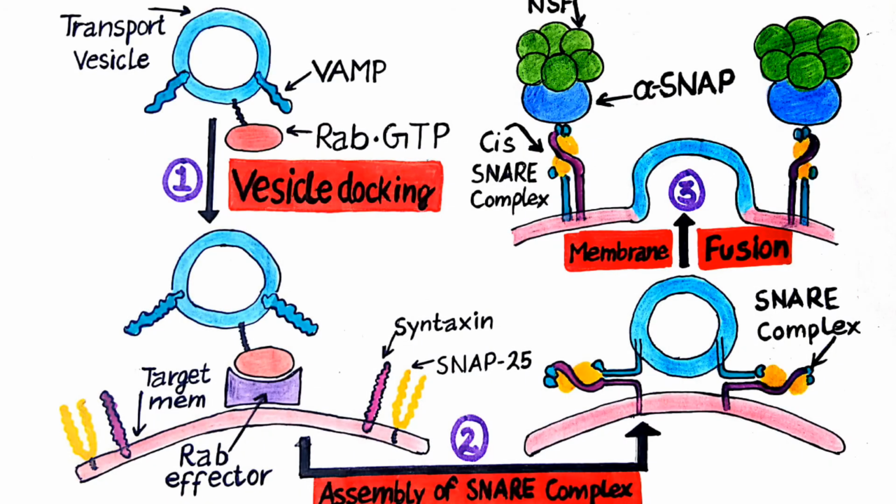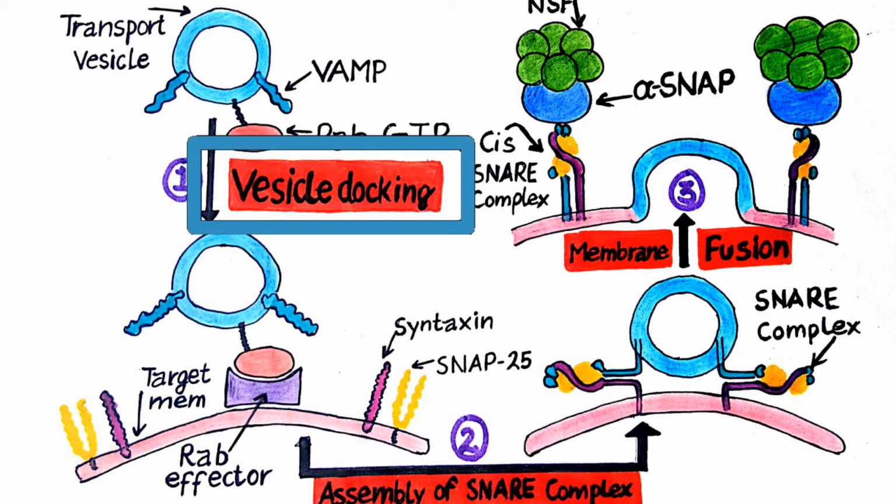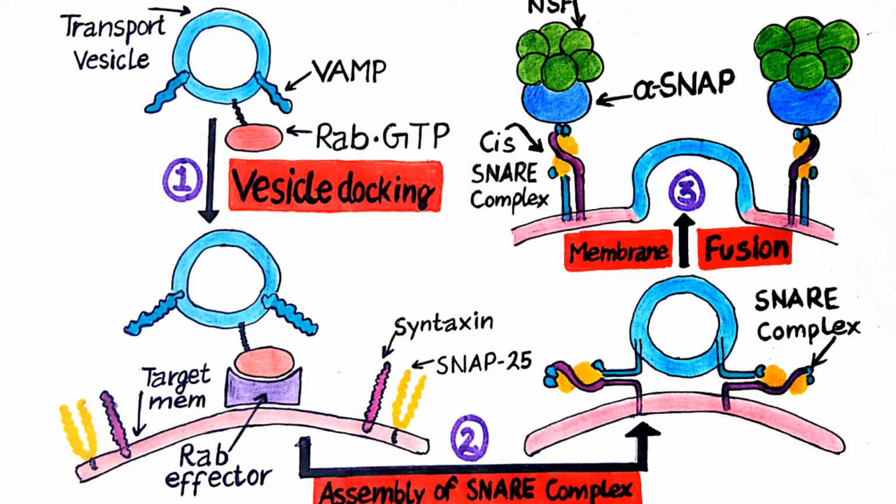So the first step in this mechanism is vesicle docking. So we have a G protein which is known as Rab. Now the conversion of this Rab GDP to Rab GTP is done by a specific nucleotide exchange factor. This exchange factor induces a conformational change in Rab that enables the Rab to interact with the surface of the